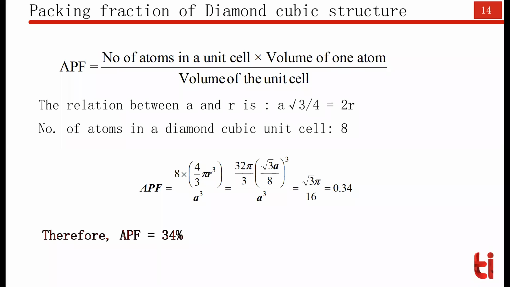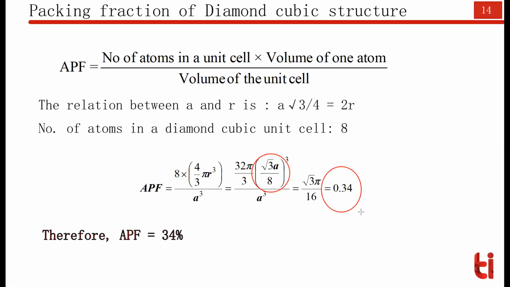From this expression, we can rewrite in terms of r, which will come out to be root 3a divided by 8, because if you move the 2 to the other side at the denominator, 4 into 2 will become 8. So we have substituted for r in terms of a, and that comes out to be root 3a by 8. If I substitute this and simplify,